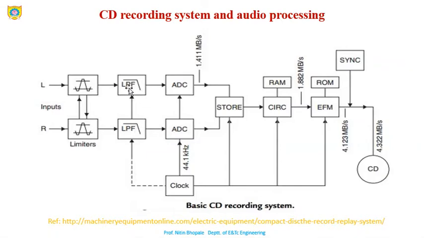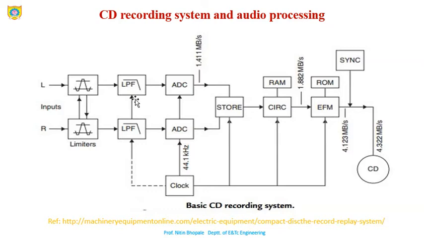Now once it is done over here, the clock is applied. This clock will trigger each and every circuit to have synchronization with all the circuits, so they should work on the same clock pulse. That's why this clock pulse is selected. Now this low pass filter is also called the anti-aliasing filter. This will work on a 20 kilohertz frequency.